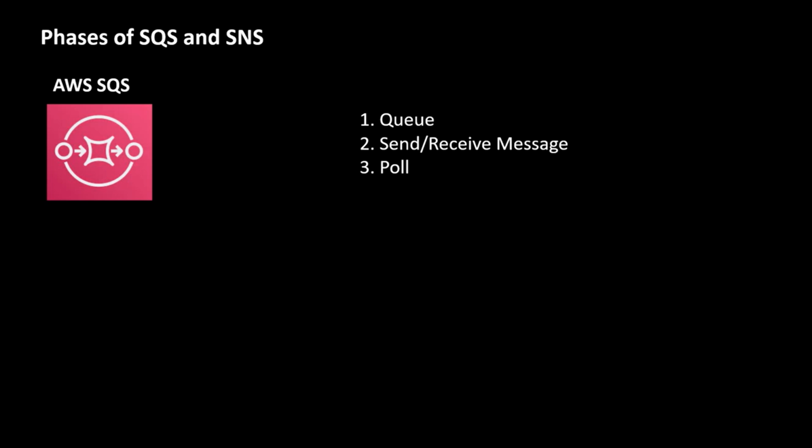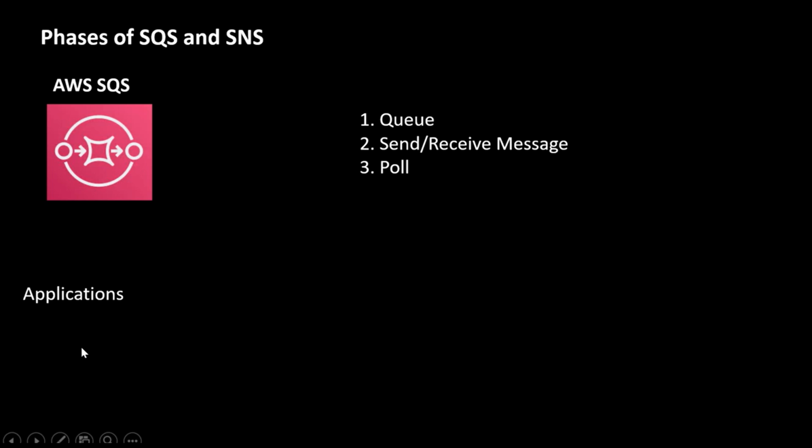So let's first understand AWS SQS. As you can see on my screen, there are three pages under SQS. First is the queue, so we first need to create the queues. After that we can send the messages, we can drop the messages, and finally we can poll those messages. The entire flow happens something like this.